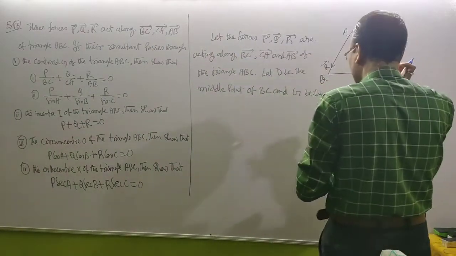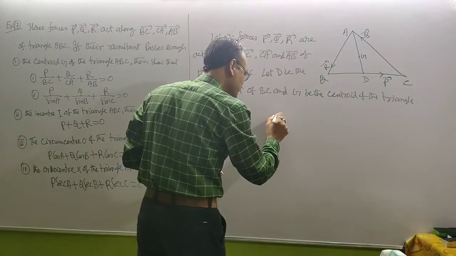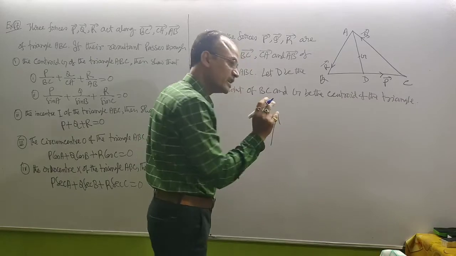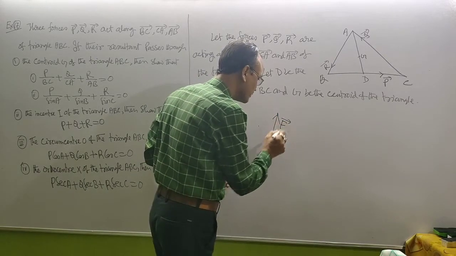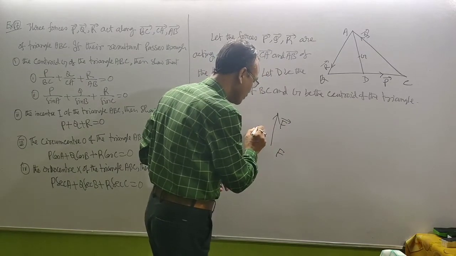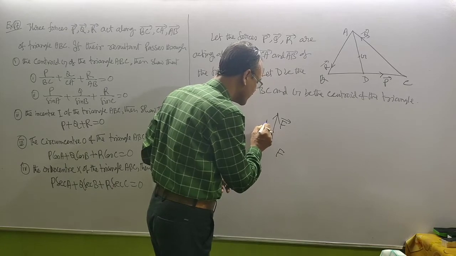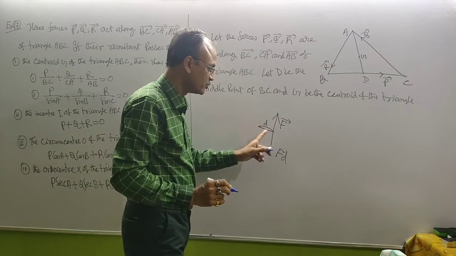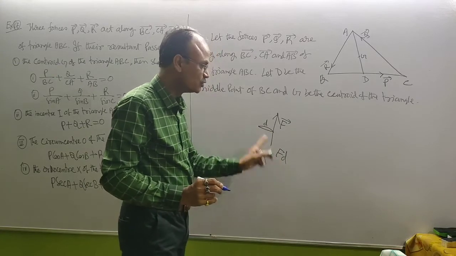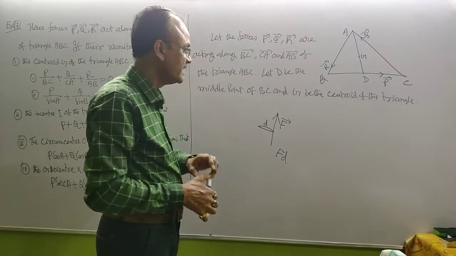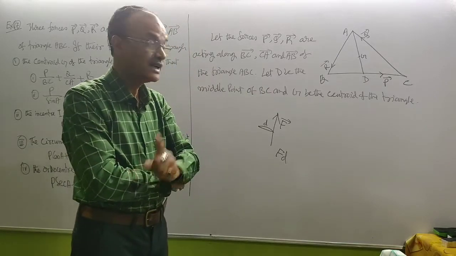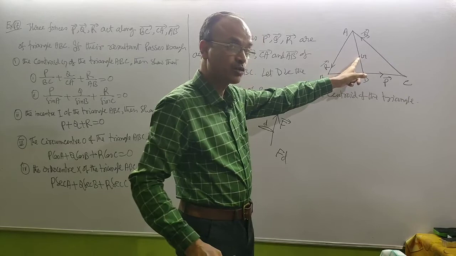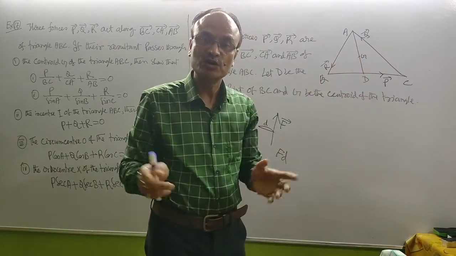Now, what is the moment of a force about a point? Suppose this is a force F. About a point, you have to multiply two things. Number one, the magnitude of the force F, and number two, the perpendicular distance, suppose it is small d, from the point to the line of action of this force. Magnitude of this force into the perpendicular distance. If you are going to apply Varignon's theorem on moment, then the force P into the perpendicular distance from G on the line of action of the force P. Therefore, you have to